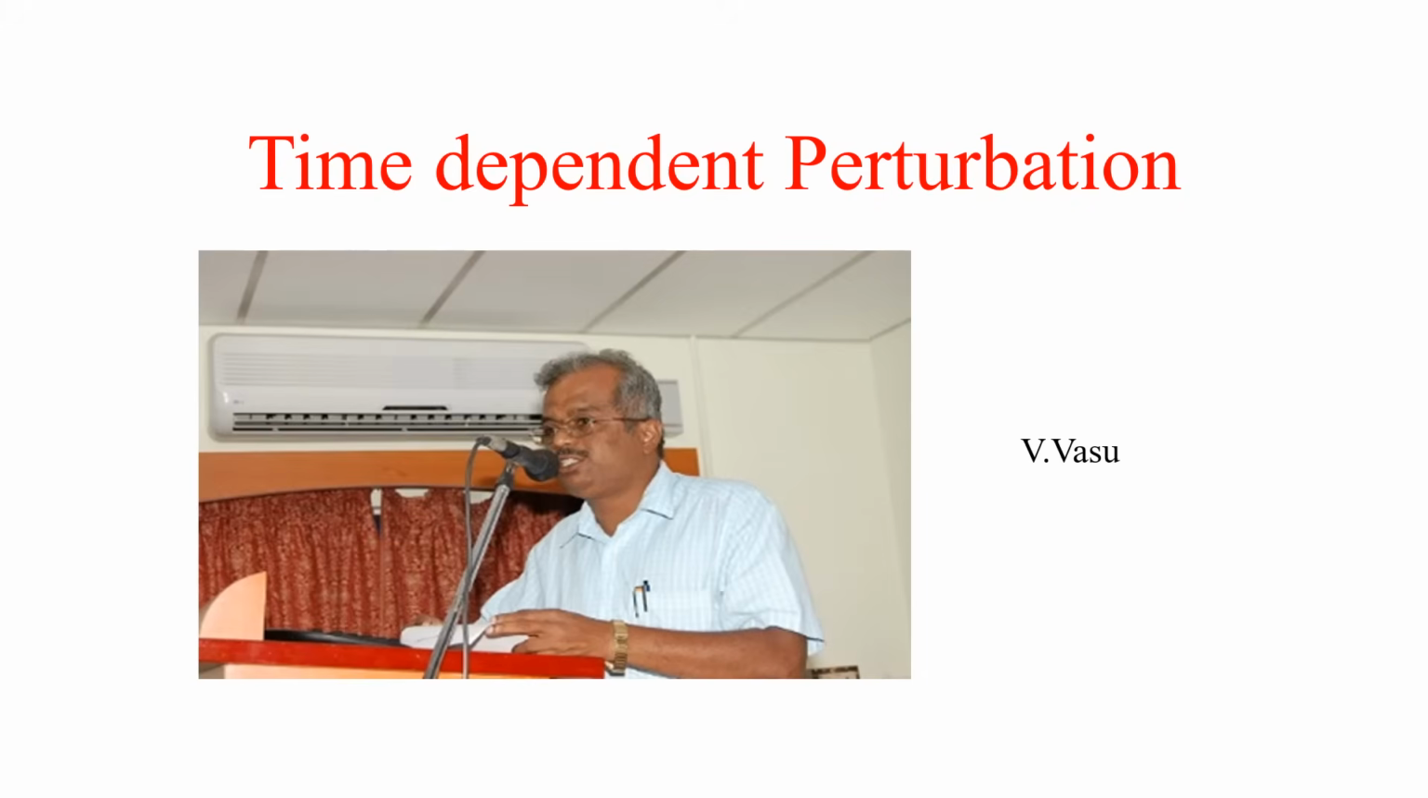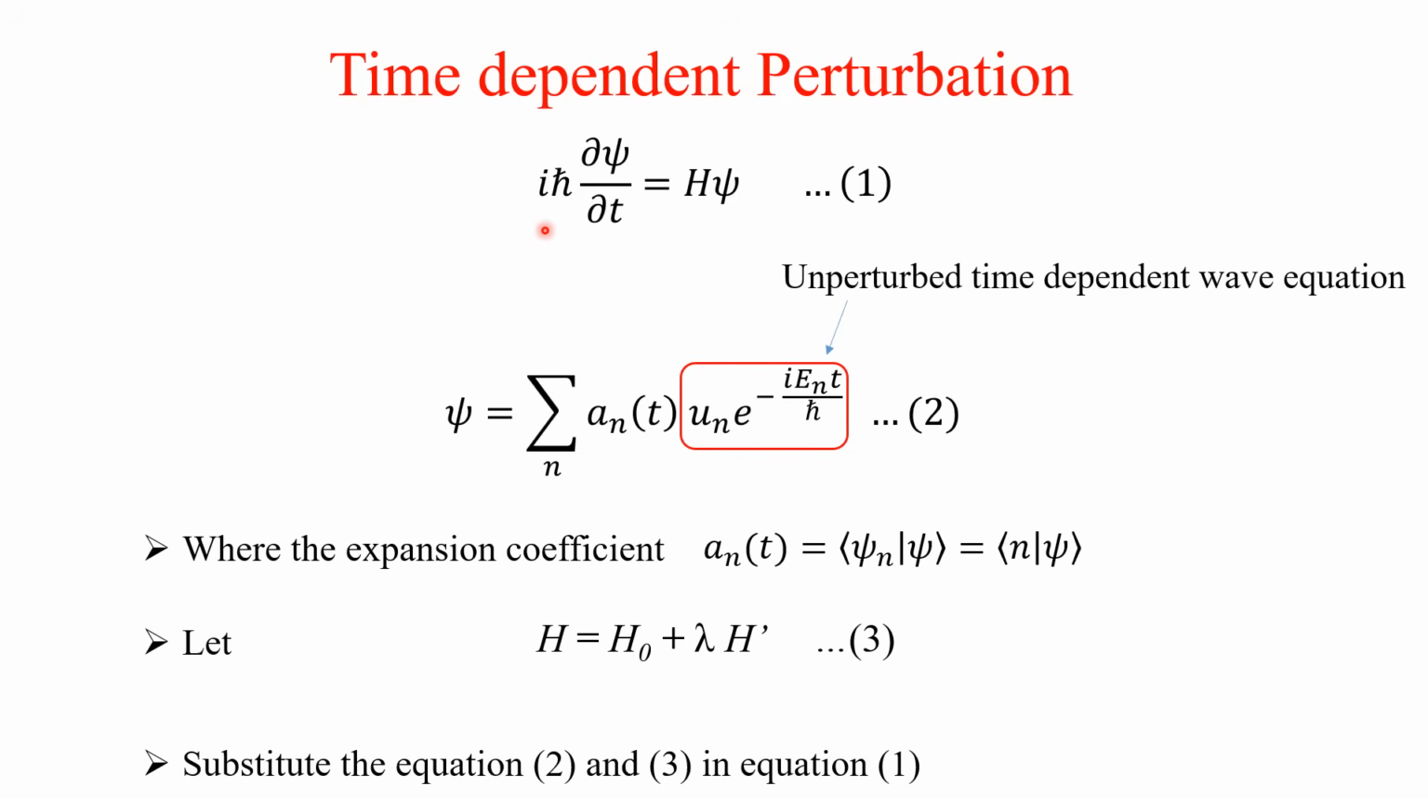So far, we have seen the time independent perturbation theory. Today, we will see the time dependent perturbation theory in detail. We know that the general Schrodinger wave equation is i ħ ∂ψ/∂t, which is equal